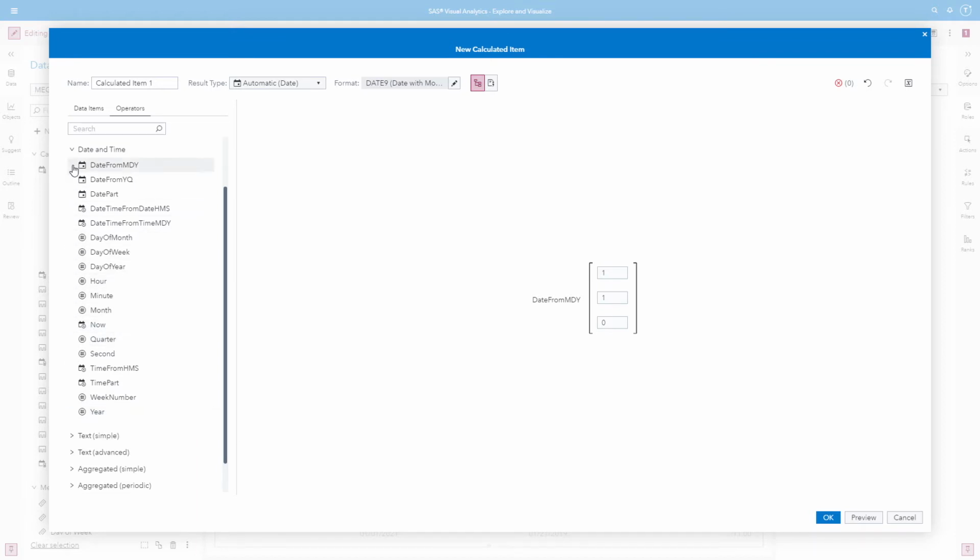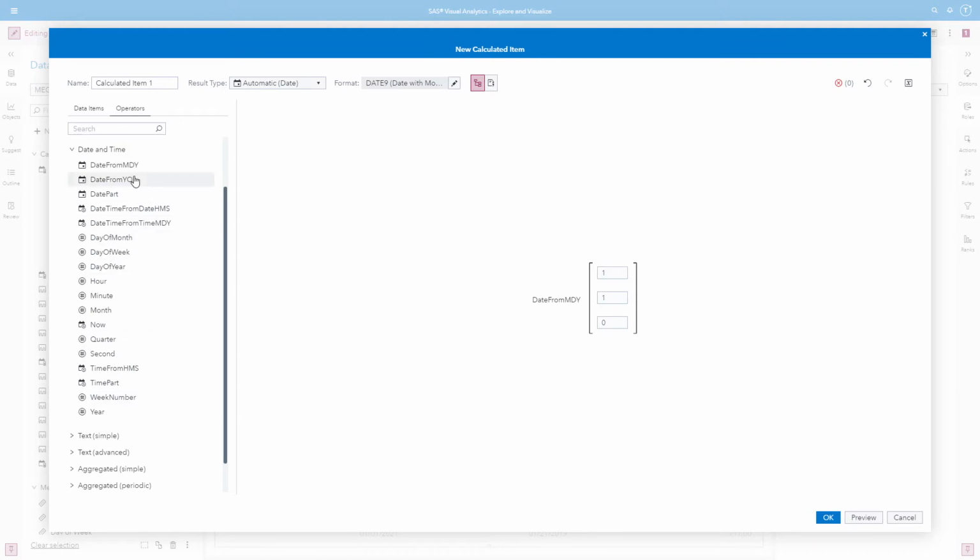If you're noticing the different icons in front of each of these operators, this tells you the result type that is going to be returned for each of these operators. So year is going to return a numeric, and here we can see the date from month day year is going to return a date. And the date calendar with the little clock, these are date times. And we can see that the now returns a date time value, but if we want to get the month of now, we can see that it returns the month 1 through 12 from a date expression. So we can use date part to pull out the date value from a date time expression.